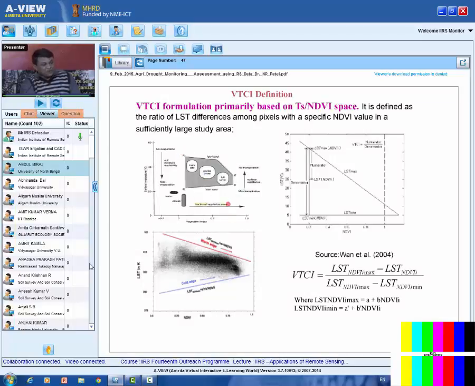It can be parameterized based on the trapezoid like this. This upper line reflects the minimum evapotranspiration line. This is the maximum evapotranspiration line, which can be derived by fitting a regression to the LST minimum values for defined sorted NDVI intervals, and this is the LST maximum value for every NDVI interval sorted out. So from these two regressions we can get LST max and LST min, and then we can compute